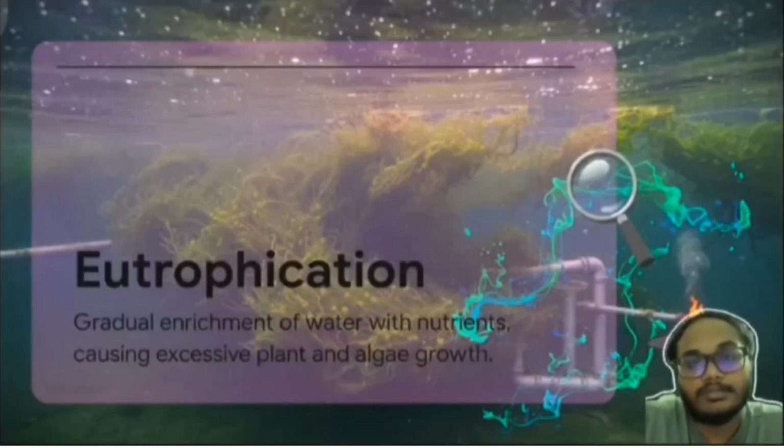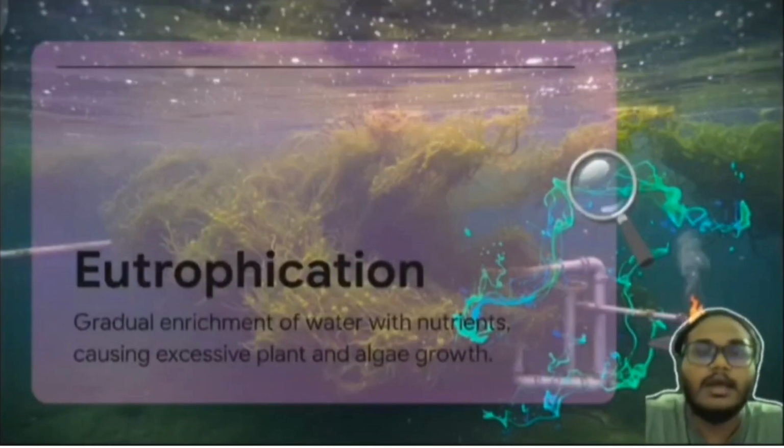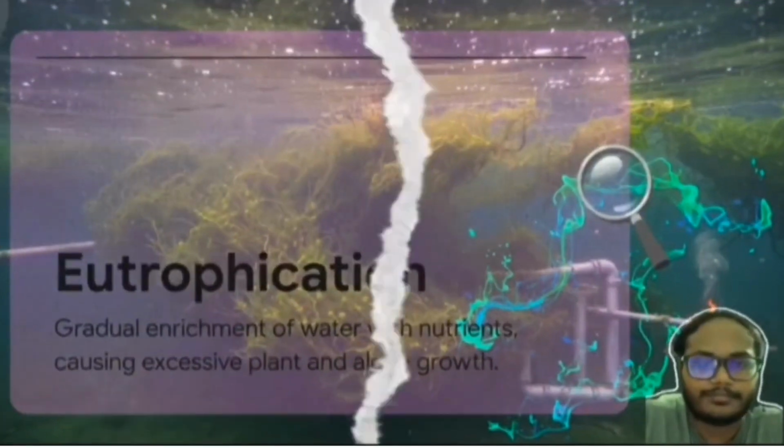One of the major problems is eutrophication, where excess nutrients stimulate rapid algae growth, reduce the oxygen level, and harm the aquatic organisms. In this presentation, I will explain the eutrophication process, compare the oligotrophic and eutrophic system, discuss the Schindler experiment, and explain the connection between aquaculture and also phosphorus pollution.